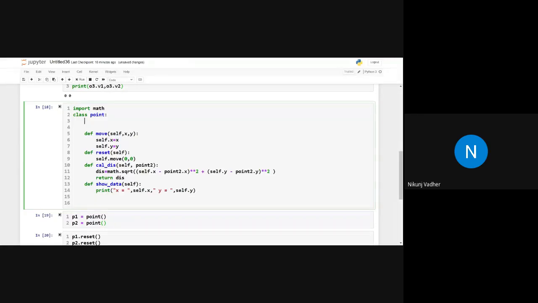How can we define the constructor? So define init. Yes, very good.